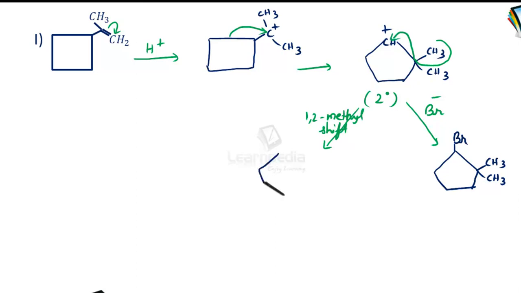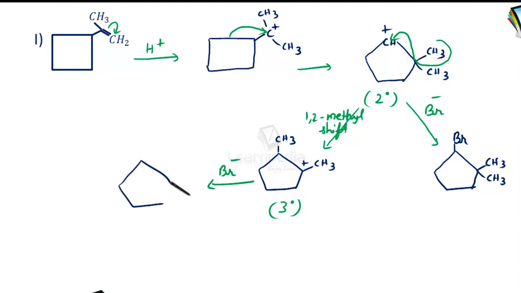So we get a tertiary carbocation. And definitely this is more stable when compared to the secondary carbocation. And then the attack of Br minus takes place in order to get the final product, which is like this. So the final product of this particular reaction should be either this one or both together, isn't it? Let's check out in the reaction whether any one of these is given or not.